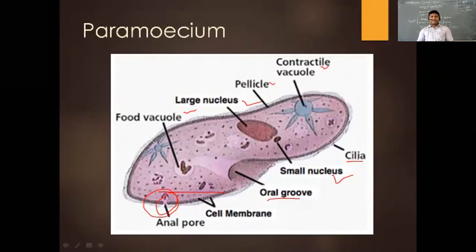So there is a small task for you all. Find out, if you can, the role of the larger nucleus and the smaller nucleus in the case of paramecium. I will give you a hint. One is essential for the organism to survive, whereas the other one is required for a specific stage, for a specific process in the organism. So try to find it out. I'll give you a reminder later on. What is the role of the large nucleus and what is the role of the small nucleus, and which one must be there within the paramecium for it to have regular growth or regular development.